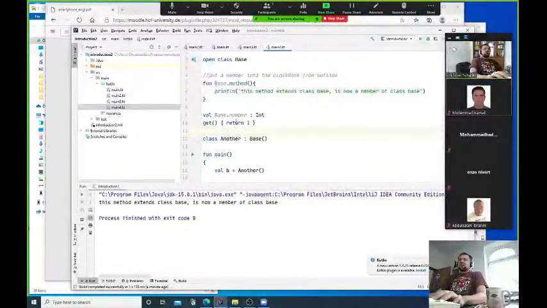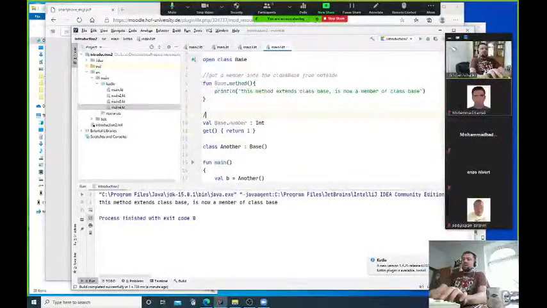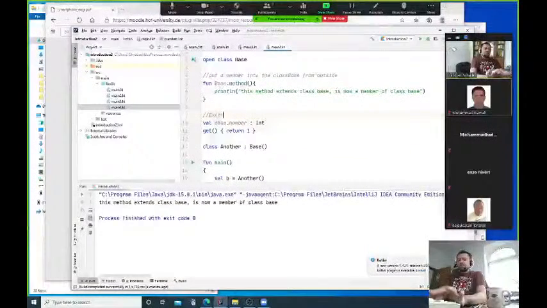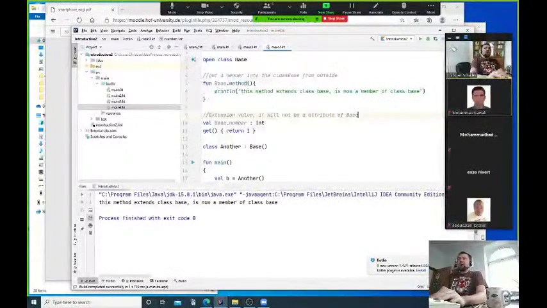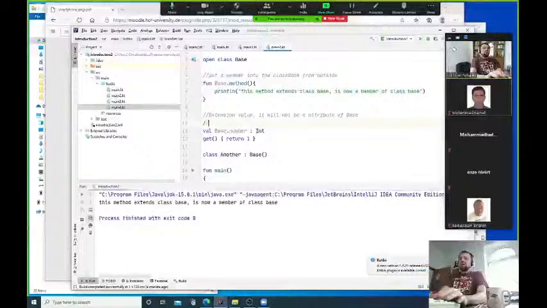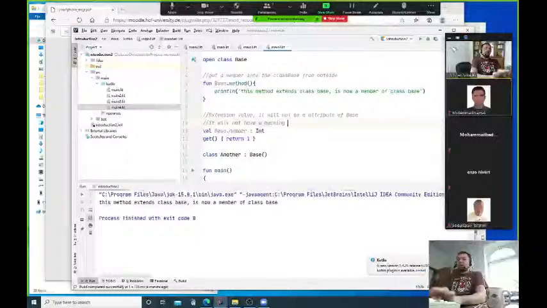This is a special solution in Kotlin. We have a value. It's not a member. This will be an extension value. It's not an attribute. It will not be an attribute of Base, but a member. And since it is not an attribute of Base, it will not have a backing field, so we can't initialize